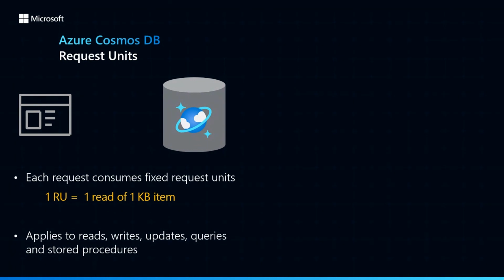All operations are measured in terms of the underlying resource consumption, CPU, memory, and I/O, that is utilized. And we abstract these away into what we call request units. These request units are there for every operation that you perform against your database. Every operation that you perform has a charge in request units, whether it's an insert, a read, a query, or a delete. The charge for an operation is highly predictable. If you insert, update, or delete a document of a certain size, it will always have the same charge. If you run a query over the same data, it will always have the same charge.